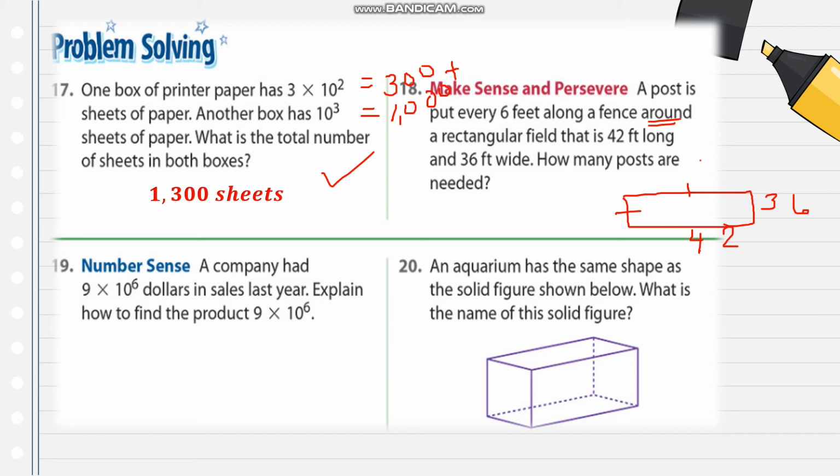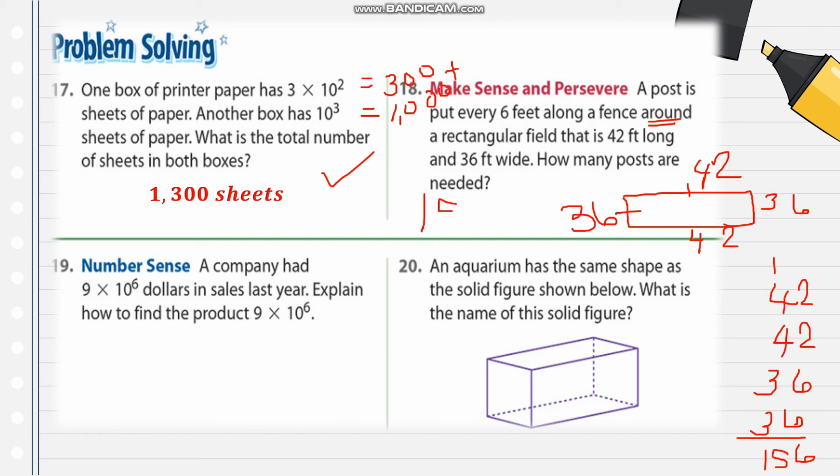If this is 42, this must be 42. If this is 36, this must be 36. So if we add all of this, 42 plus 42 plus 36 plus 36, the answer is 156. So the perimeter is 156, and we're going to divide this by 6 because a post is put every 6